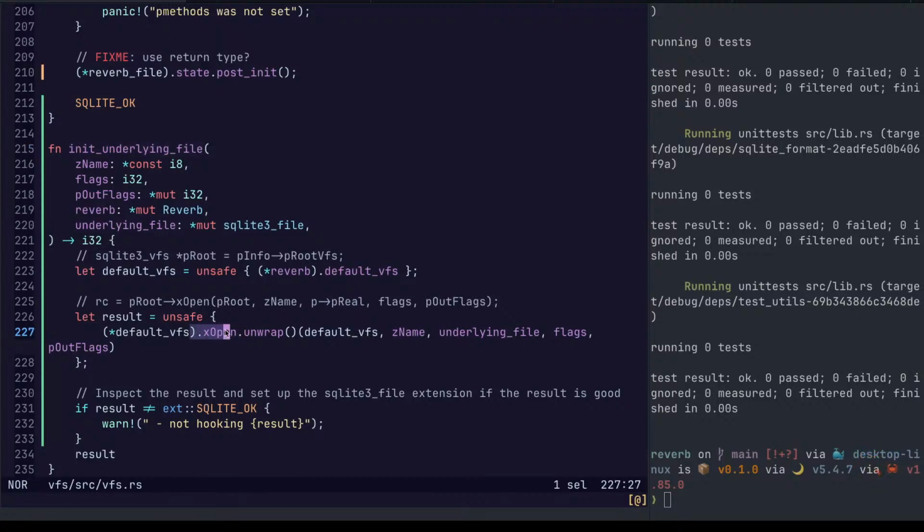xOpen. Basically, when SQLite calls us, they have certain guarantees. One of those guarantees is that the pointer to the name is valid until xClose is called.